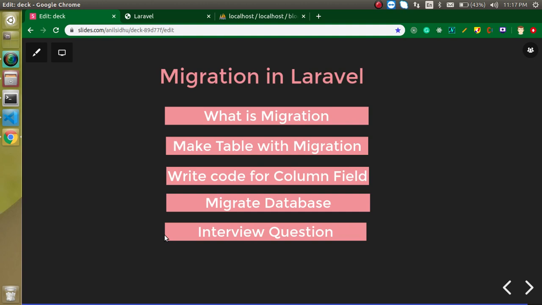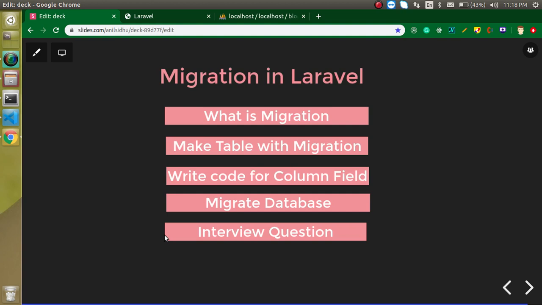Now what is the benefit of it? This is the most asked question with respect to migration. Let's suppose 10 developers are working on your project and they are also working on the database because they are making new tables and adding some fields according to the database structure, right? But how will you manage it, because developer A made 2 tables and developer B made 3 tables and developer C made some changes on both of these tables, like some fields and some data and all, right? How will you manage these things?